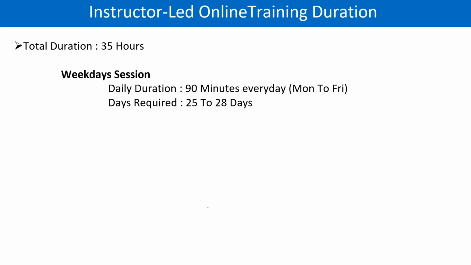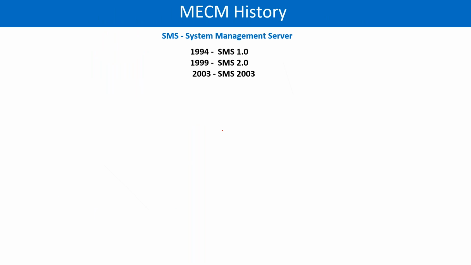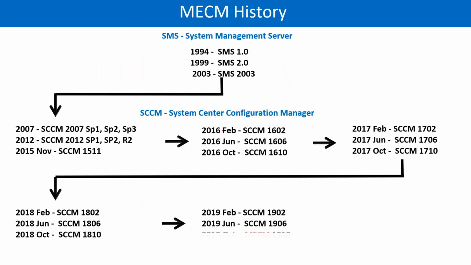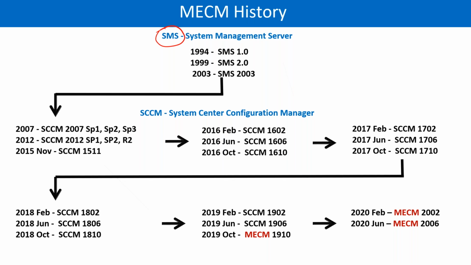Now, the training duration is 35 hours in total, and it will take 4 weeks to finish all the topics. Every day we will do a 1.5 hour session, Monday to Friday. And these are the historical details of SCCM. It started from SMS, System Management Server, then Microsoft changed